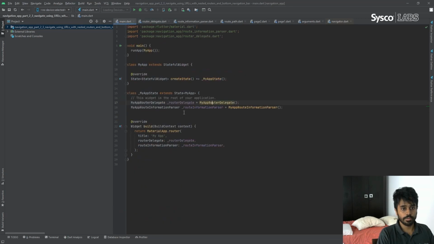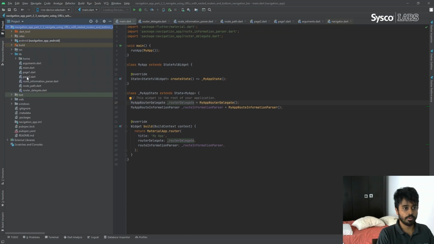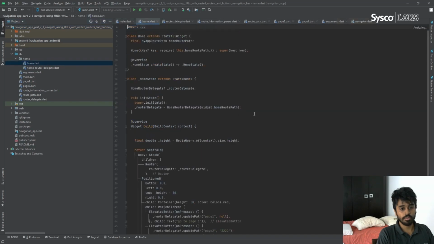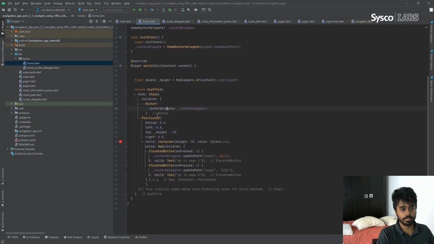Let me go to the main.dart file here. So here we need to develop our router delegate and route information parser for the root navigator. And again, like before, we have a home page which I have packaged separately, and in the home page we need to develop our router delegate again for us to go to different pages from the inner navigator.